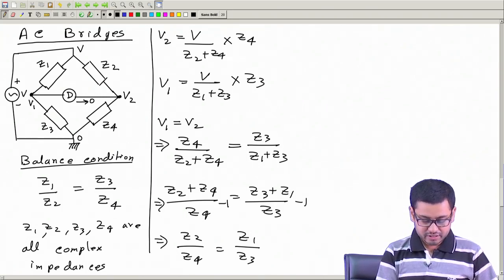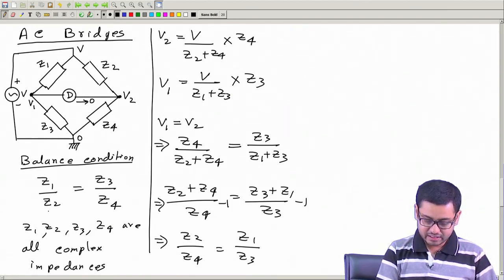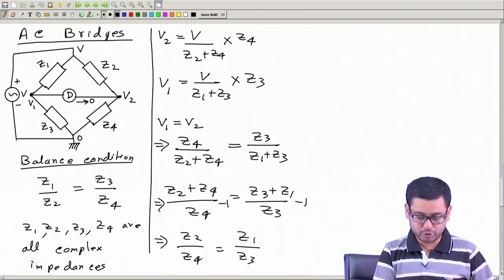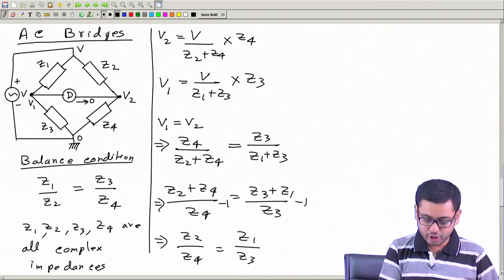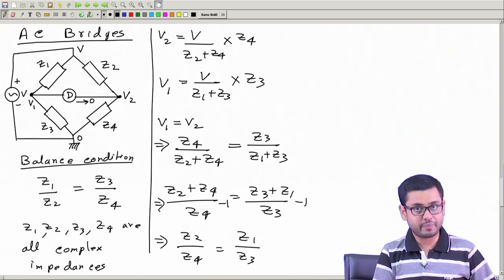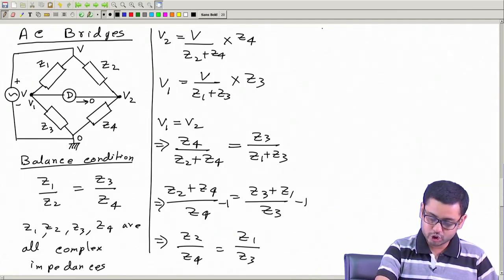That is one way of thinking about it. Or you think of this term being represented in its magnitude and angle form. This also can be represented in its magnitude and angle form. Then the magnitude of the left hand side should be the same as the magnitude of the right hand side, and the angle of the left hand side should be the same as the angle of the right hand side. So, we can write